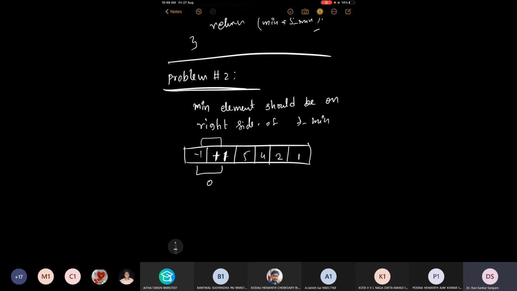So is there anything that gives us the minimum sum? 2 plus 1, 3. Where minimum element is right side to the second minimum, means in that pair. Or is it 1 plus 1?